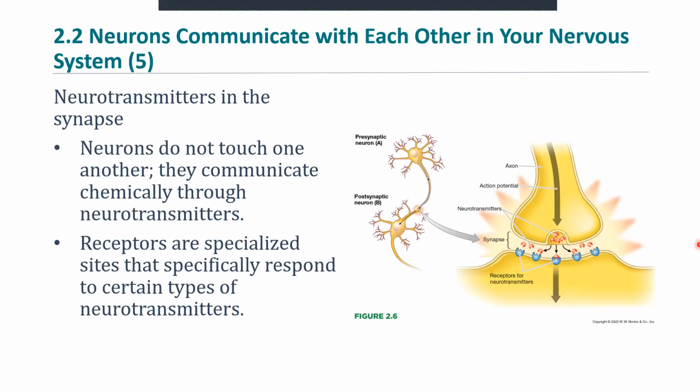Okay, so we have another picture here. Every action potential that happens leads to a release of neurotransmitters, as I've said, that come from the terminal button into the synapse. We see a picture of it here. This is the terminal button from one neuron. This is part of the dendrite of a receiving neuron. And you can see the synapse, the little gap in between. In here, you see a synaptic vesicle. Remember, that means little bag. It's a little bag of chemicals. You can see that it's being released.